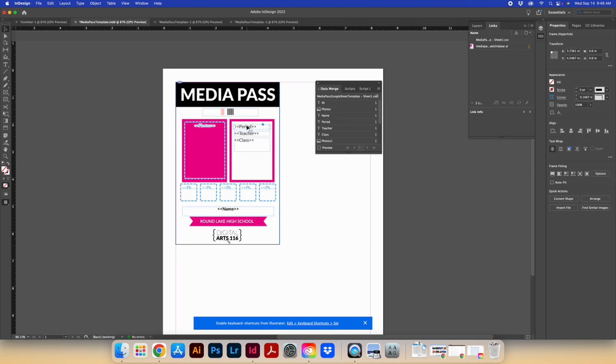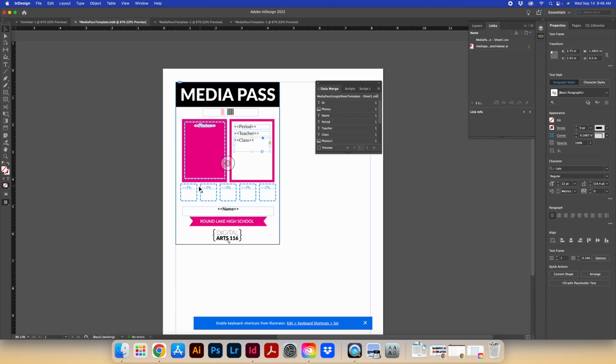And also notice that all the fonts are installed now. The Lato is used for all this. This is the 3 of 9. You can see over here, this font turns it into a barcode. Okay, so let's look at the